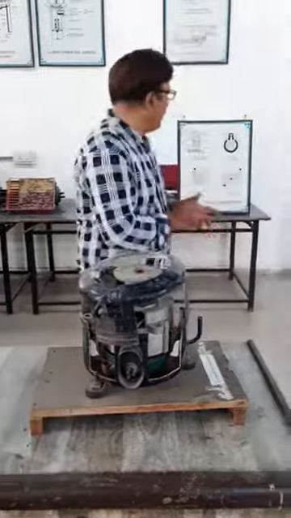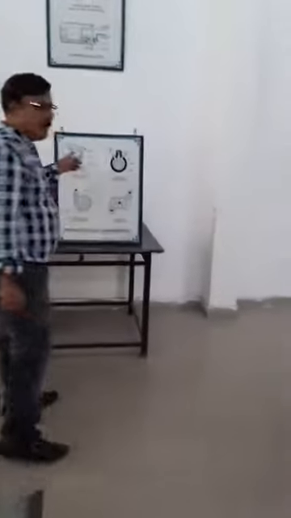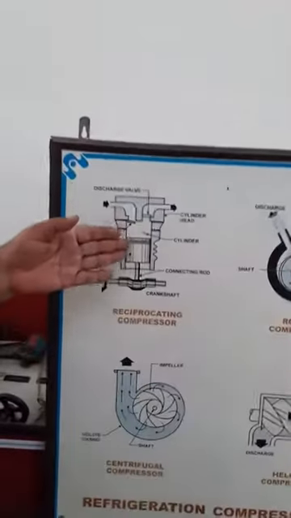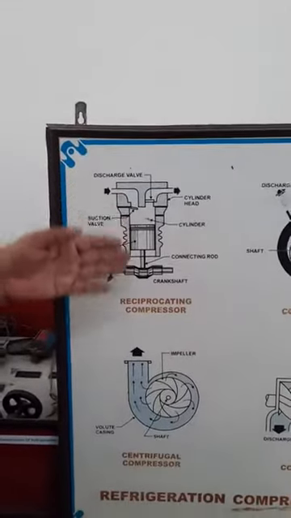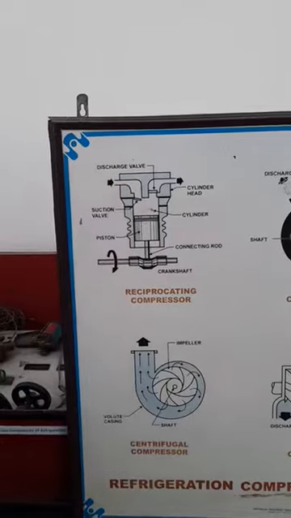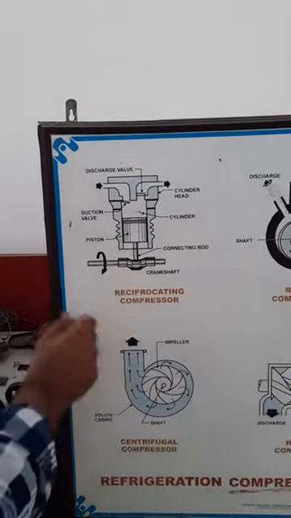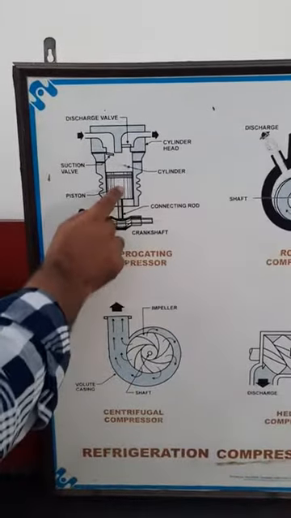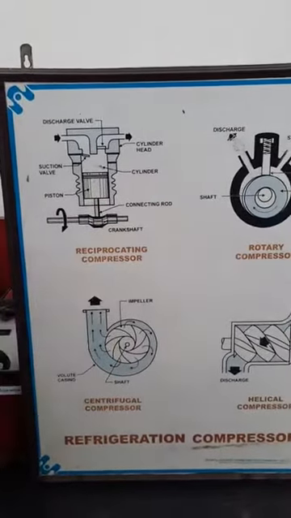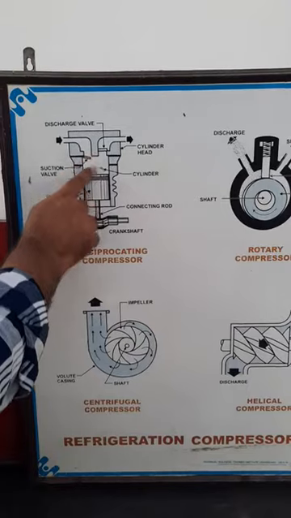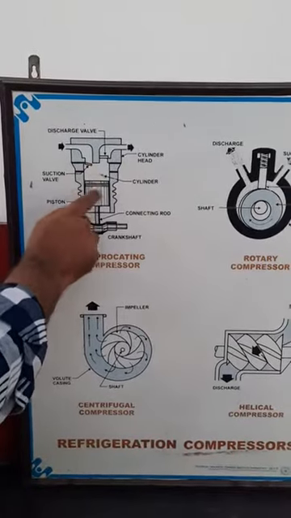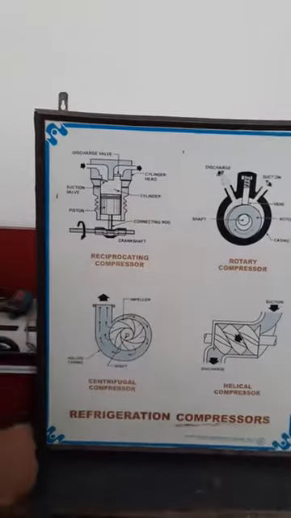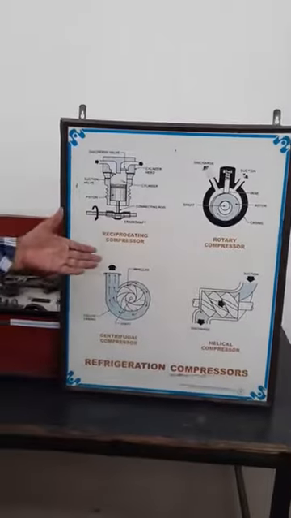Look at here in this figure. I am going to explain the theory. This hermetically sealed type compressor is based upon the reciprocating type compressor. In this case, this is the piston and this is the crankshaft, and both are connected with the help of this connecting rod. Low pressure and low temperature refrigerant comes inside, where it is compressed, and high pressure and high temperature refrigerant is supplied to the condenser.